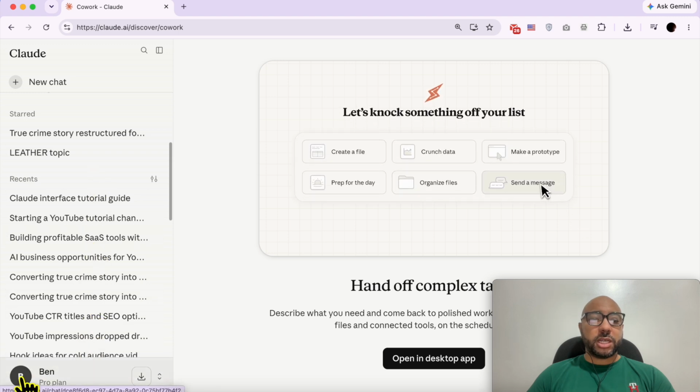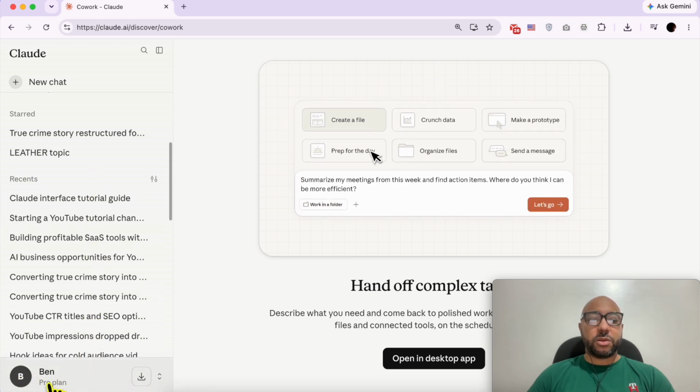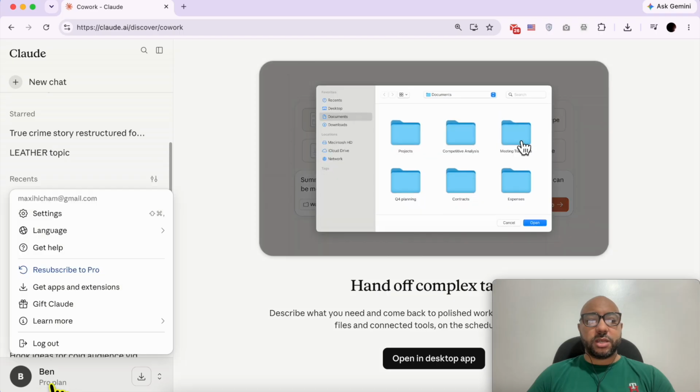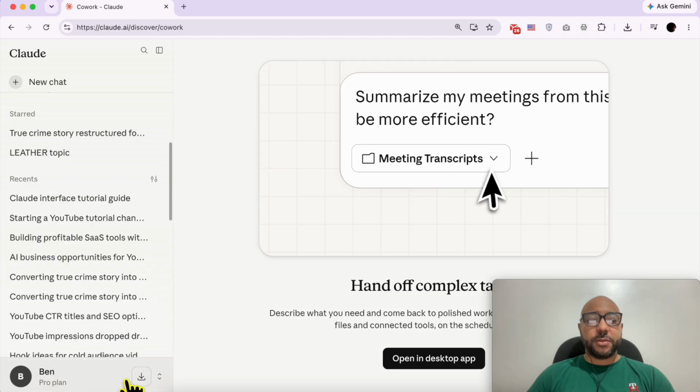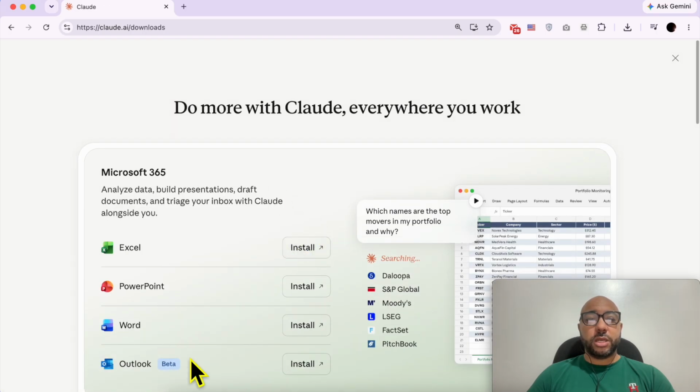And below all discussions, we have here my avatar, my name, and my current plan tier. I am right now on the Pro plan. Below it, you can download Claude and extensions to your computer. If you click on it, you will land here. You can download Claude to your laptop or desktop, and you can also install connectors to connect software like